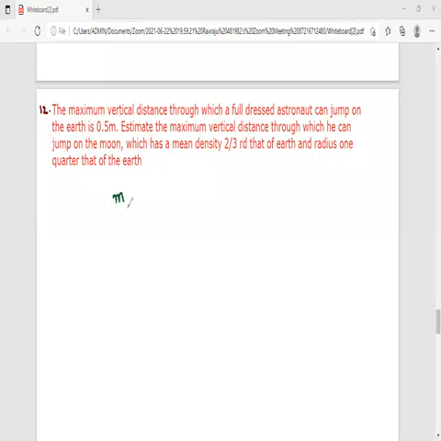So you can write, on Earth, mgh is equal to, on the Moon, he can use the same energy mgh. Of course, one is for Earth and one is for Moon. And we know that the mass of the person on the Moon and Earth always remains the same. And we can write here, h Moon you have to find out, h Moon is equal to g Earth into h Earth by g Moon.